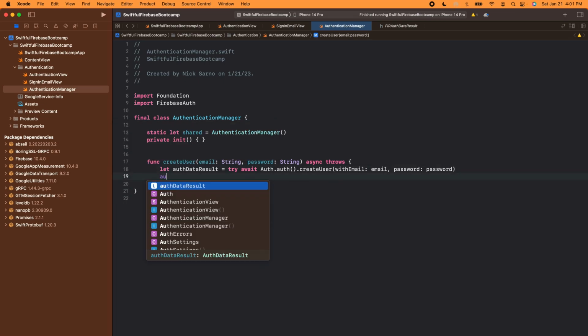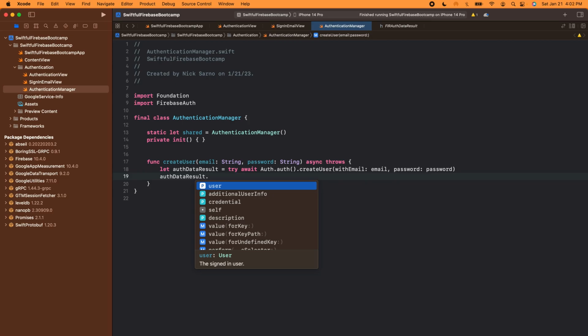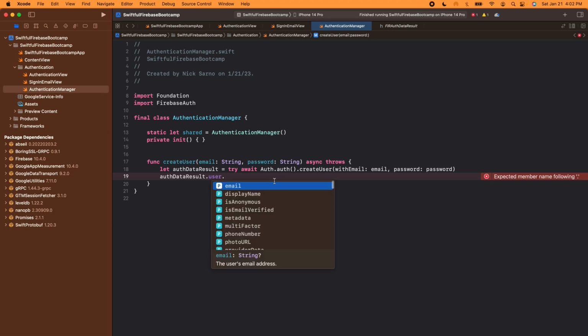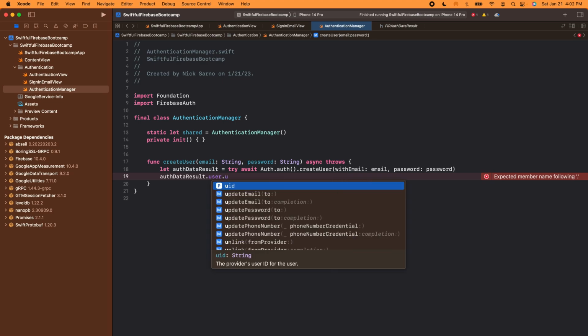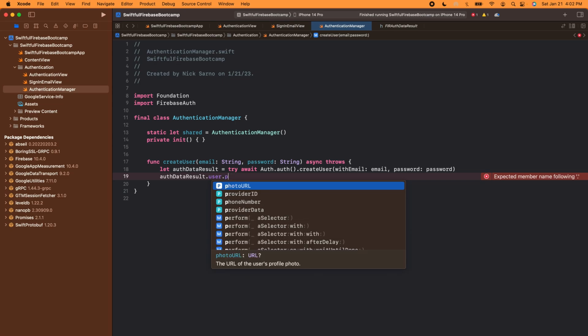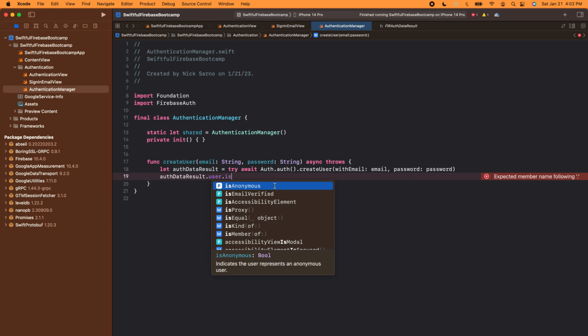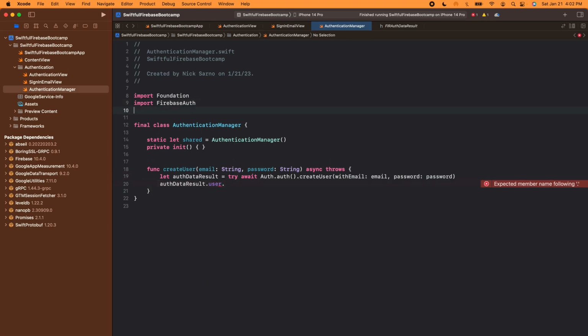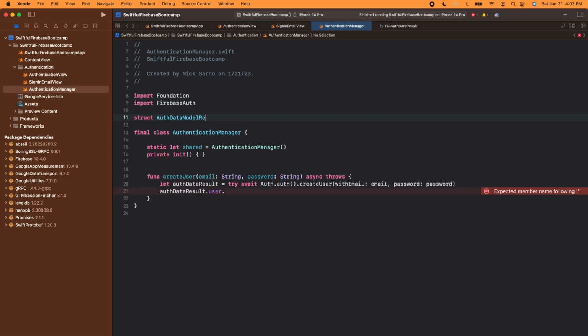So if I look at the AuthDataResult, we can see that we're going to get the user, additional info, their credential. Within the user, we're going to get, let's see, UID is their user ID. We're going to get their email if they signed in with an email, a photo URL if they have one connected to their email account, and then whether or not they're an anonymous user, which we're not going to do right now, but later we're going to incorporate anonymous authentication. So for right now, I just want to get the first three things, and let's create a local data model to hold those. So we'll create a struct